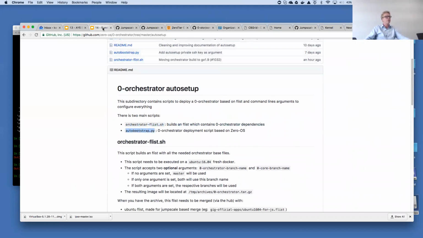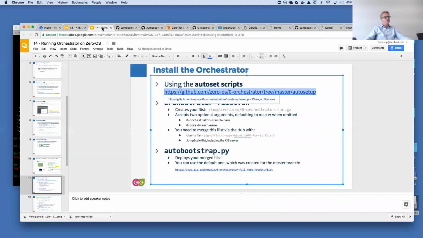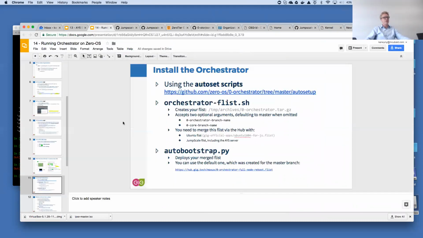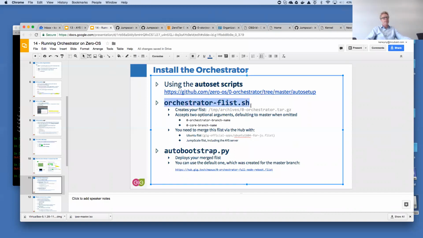Now, instead of going through the repository, let me show you here. It's in a summary. The first script, I did use it once, and it was not really necessary. I only used it once to test it. It is what you typically would use in order to create the F-list. What do you mean here?